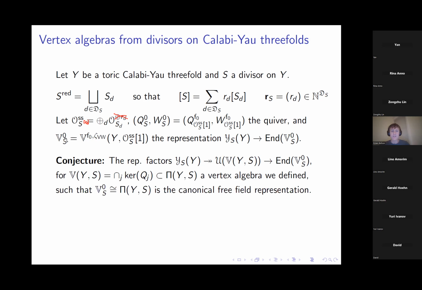And the conjecture is that this module should identify with a canonical free field representation that we use to define this vertex algebra. We define it as the intersection of some kernels of screening operators inside of a kind of free field lattice type vertex algebra. And here, when I say F0, I chose the trivial framing structure, which corresponds to